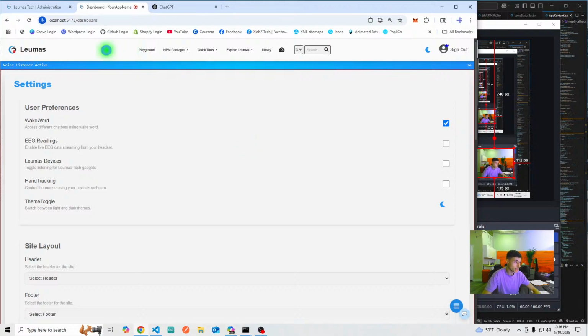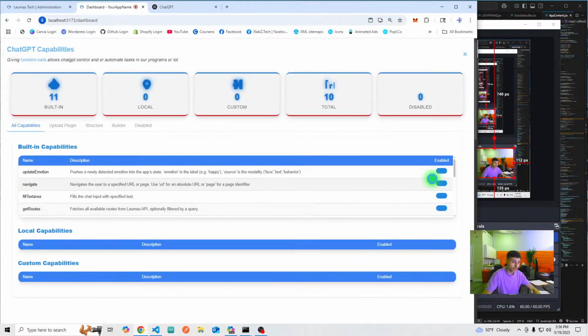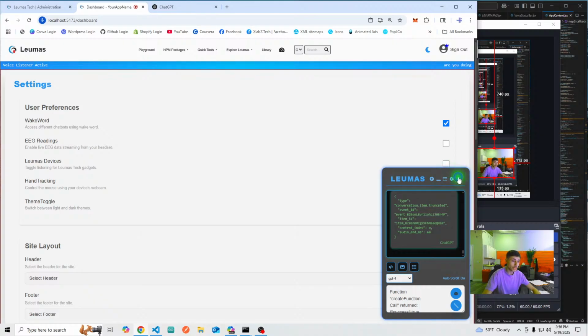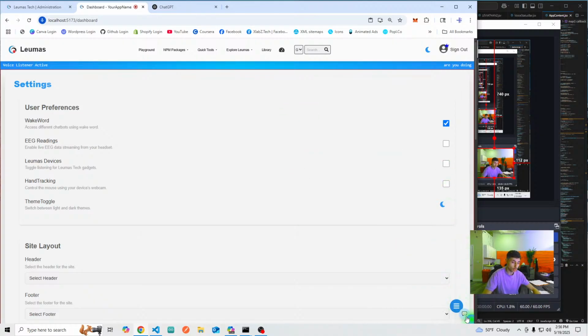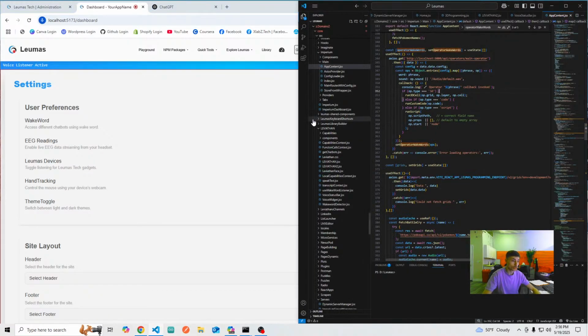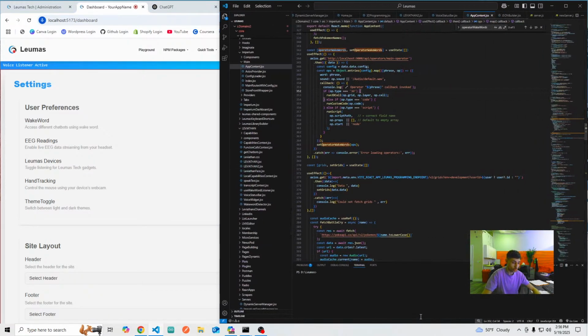So today, what we're going to be doing is working on Leviathan, adding capabilities into exploit capabilities, which is what that modal was there. So what we're going to do